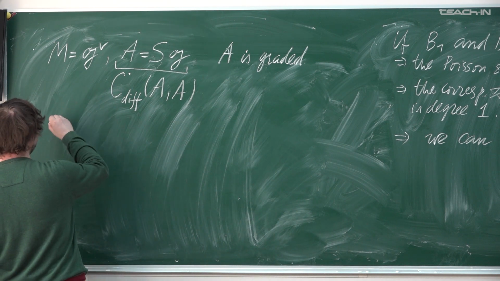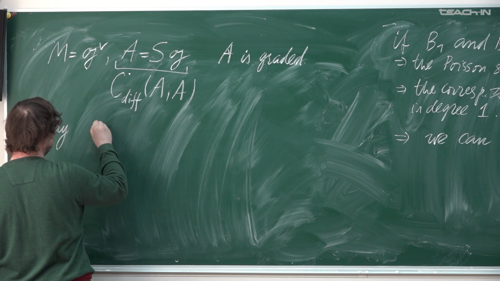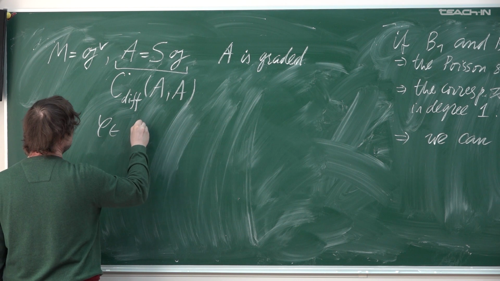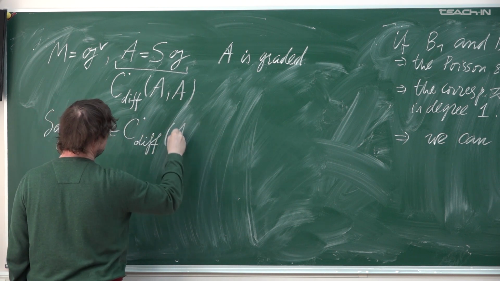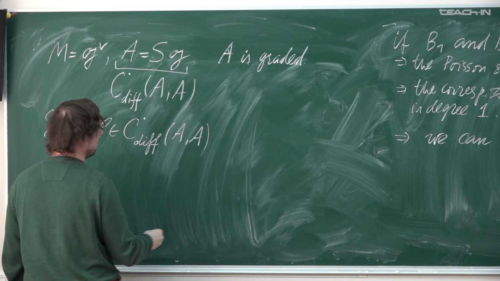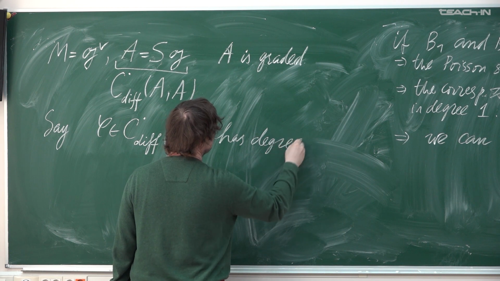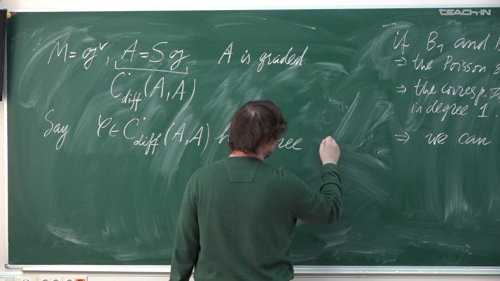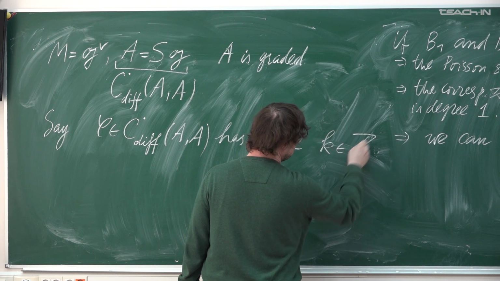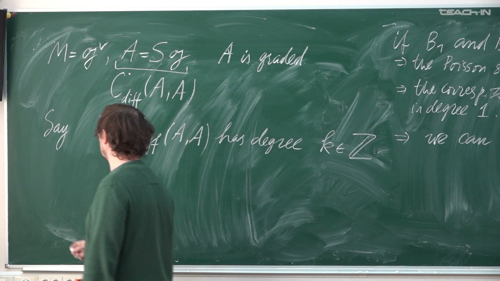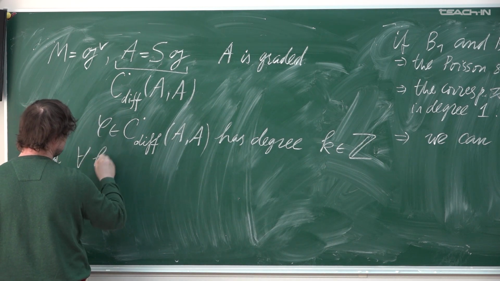And I will say that an element phi in C dot diff of A comma A has degree k, where k is some integer number, if for all homogeneous elements